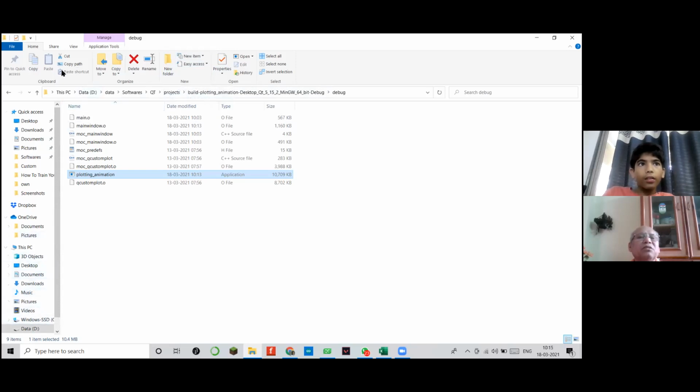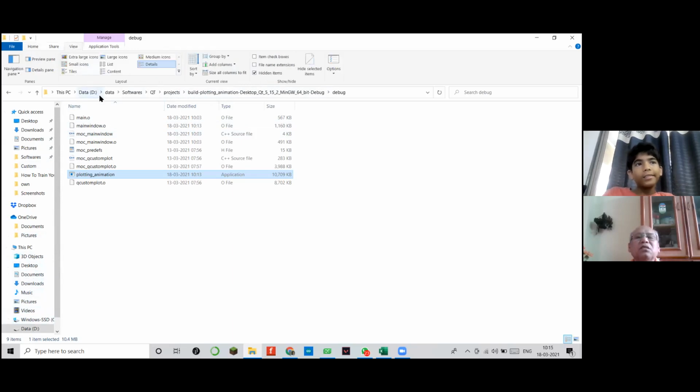Then in View, on the extreme right, File name extensions. You click on that. Now you see this is an exe file.